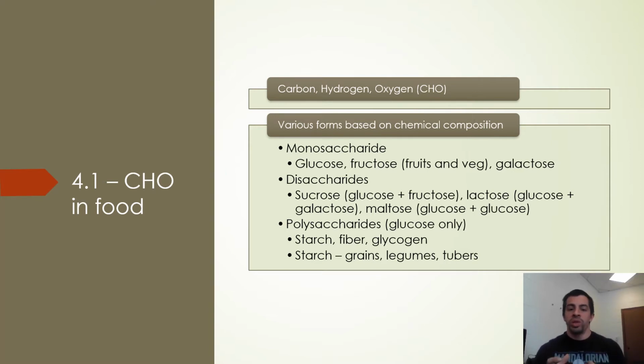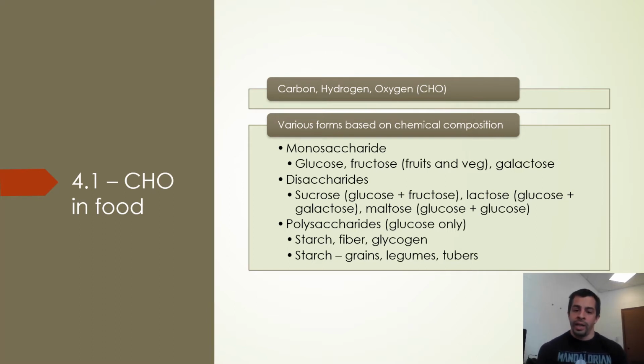At the simplest level, we have monosaccharides. Of the monosaccharides, what's most relevant for us as human beings and our metabolism? That's glucose. Glucose is incredibly important, as you will see in later slides. Other monosaccharides include fructose and galactose. I specifically put fruits and vegetables here because we don't ingest glucose purely that often, although you can, and you don't find galactose in food by itself. Galactose is broken down from disaccharides.